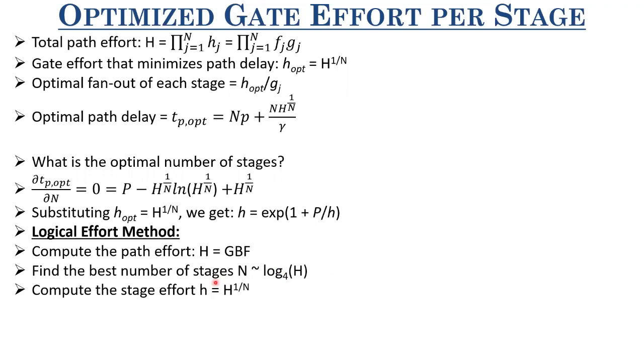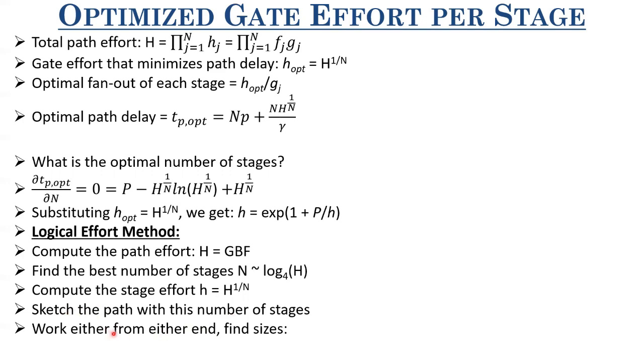Now then what can we do? We can compute the stage gate effort h as capital H raised to power 1 by n. So first we find this H, then we find this n as simply log base 4 of H. And then how do we calculate the stage gate effort? We calculate it as small h equals capital H raised to power 1 by n. Once we know the gate effort of the individual stages, we just sketch the path with this number of stages, and then we work from either end. We can start with the first stage, or even with the last stage, because typically we know